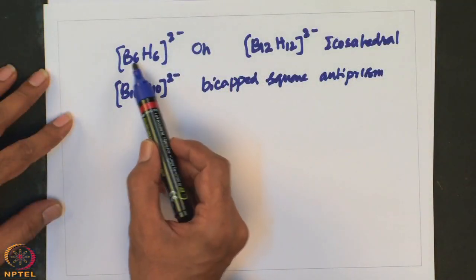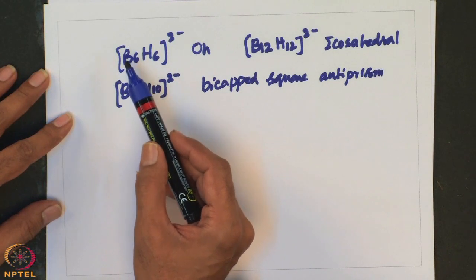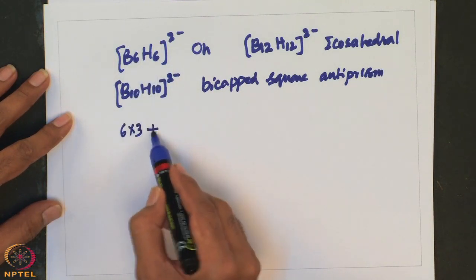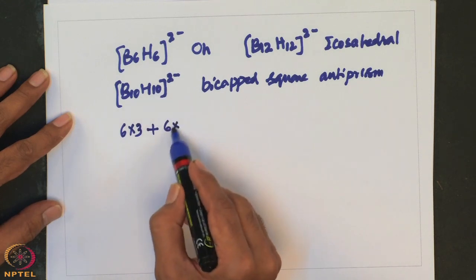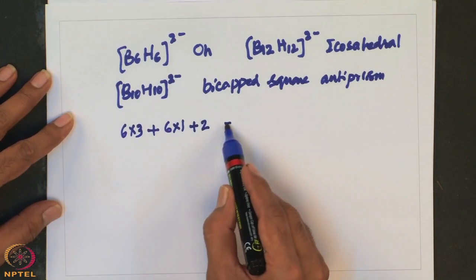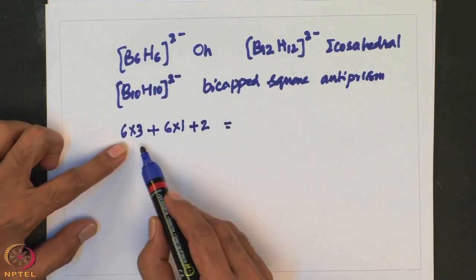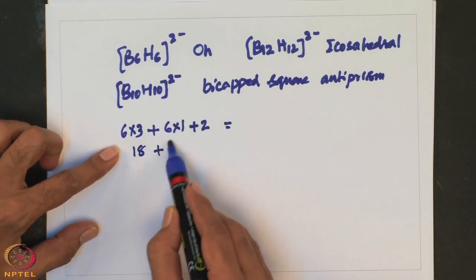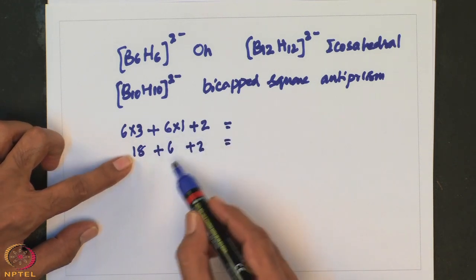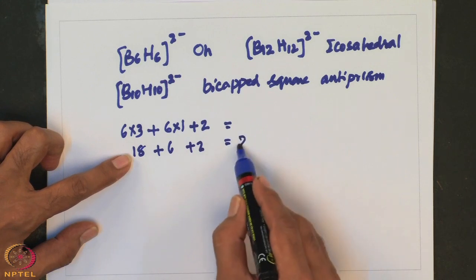Okay. Let me start with B6H6 2 minus. Let us start counting the electrons in B6H6. So, 6 boron atoms are there. Each one is giving 3. As a result, 6 into 3, plus 6 hydrogen atoms are there. Each one will give 1, plus 2 negative charges should be added. So, what we have is 18 plus 6 plus 2, that means essentially 18 plus 6, 24 plus 2, 26